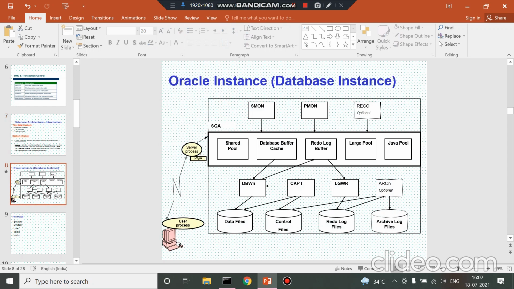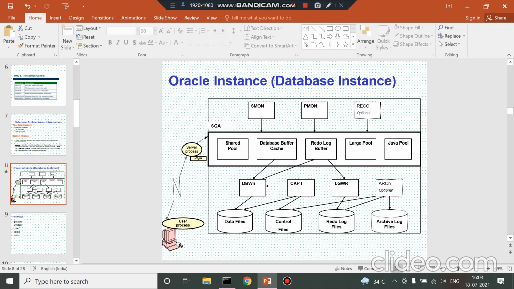So here, as you can see, this picture shows you the database instance. It consists of SGA, PGA, different background processes, data files, control files, redo log files, archive log files. SGA has different allocations like shared pool, data buffer cache, redo log buffer, large pool and Java pool.